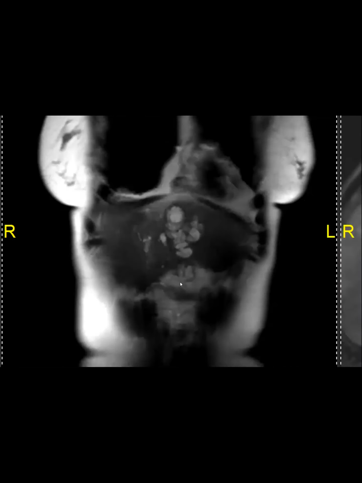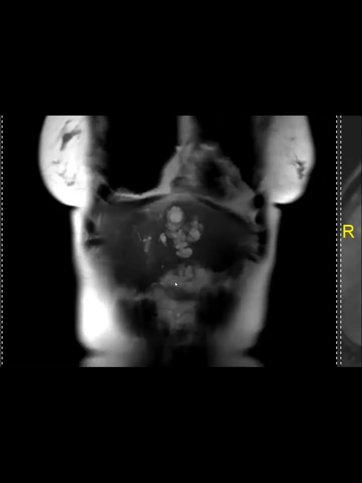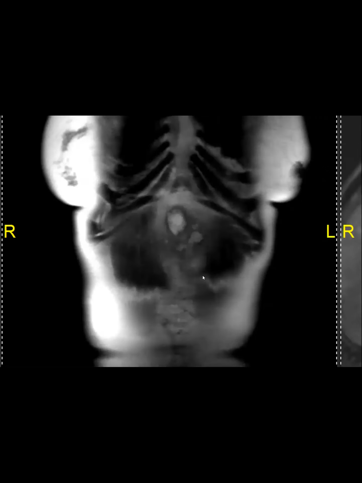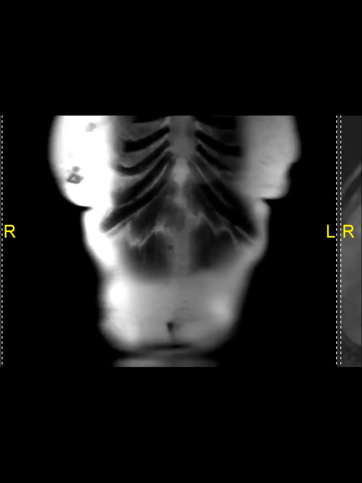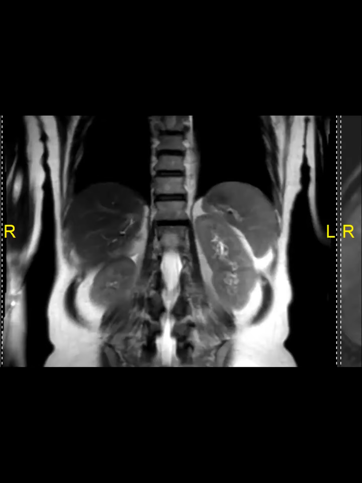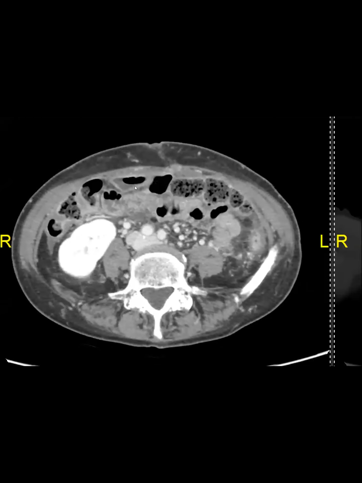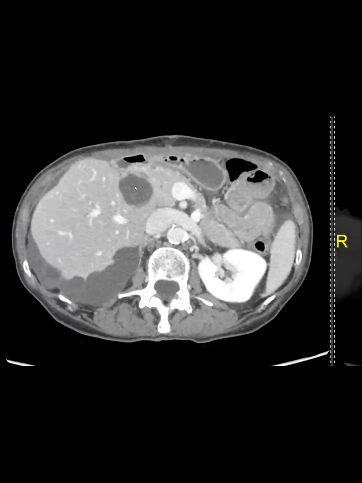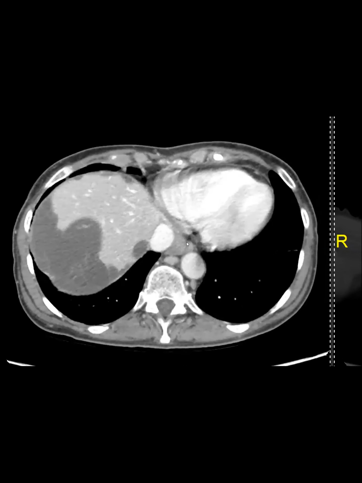There, you can see that one of the ducts here ruptured, and now you have this T2 hyperintense, very heterogeneous material collecting in a subhepatic space. Patient did have surgery, but because it was ruptured, patient now has something like this. And this is about a year after surgery. You can see that patient developed